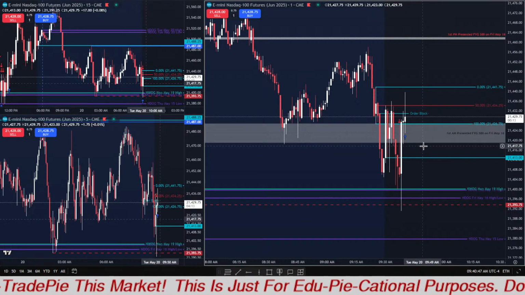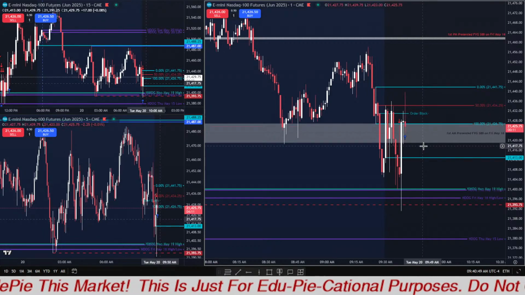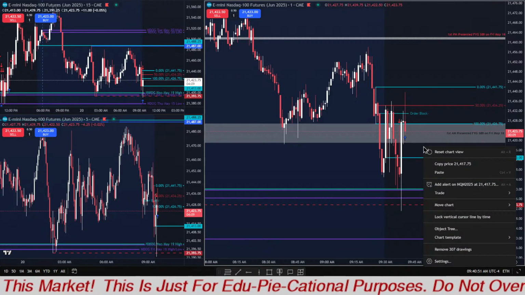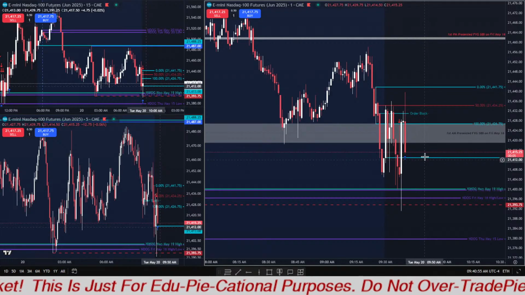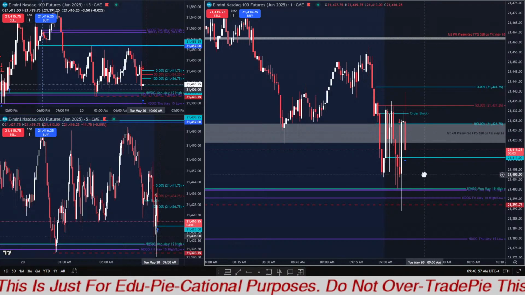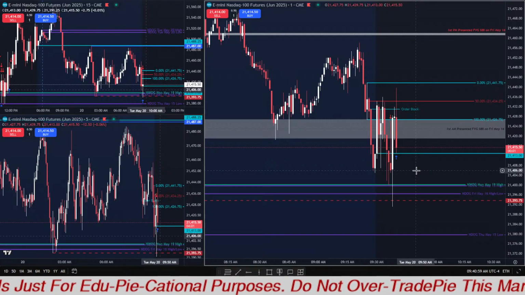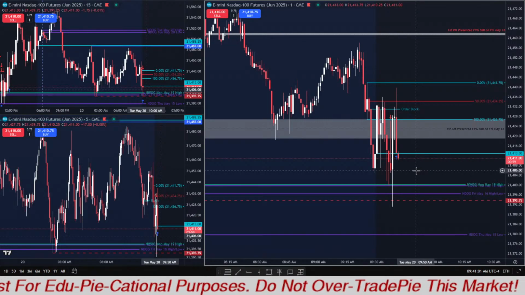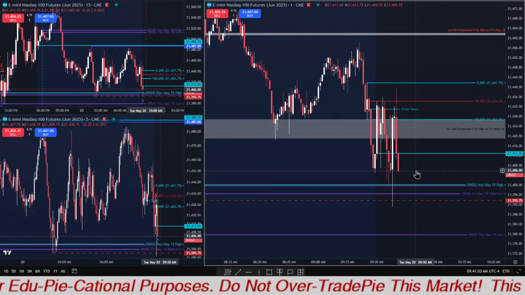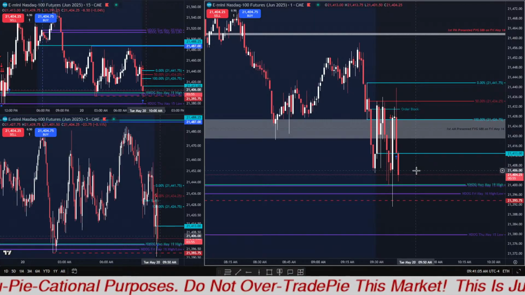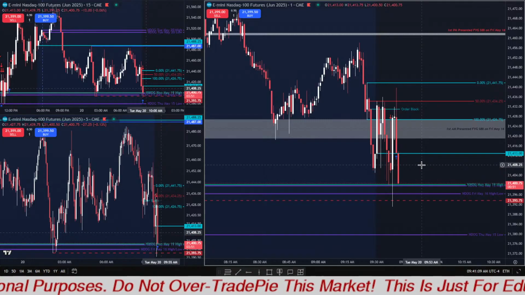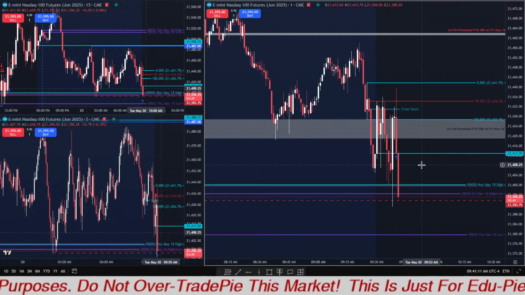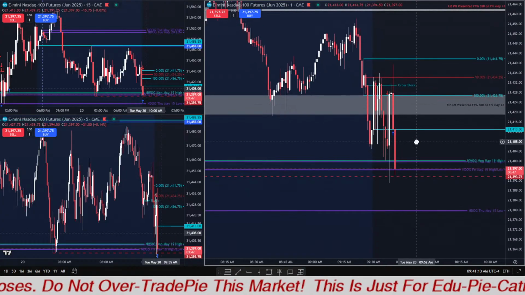So from this first presented fair value gap, I would like to see how the market is treating it, and if it gives us any opportunity or chance for going higher. Well,